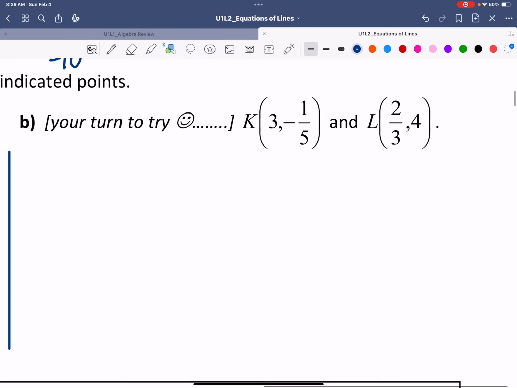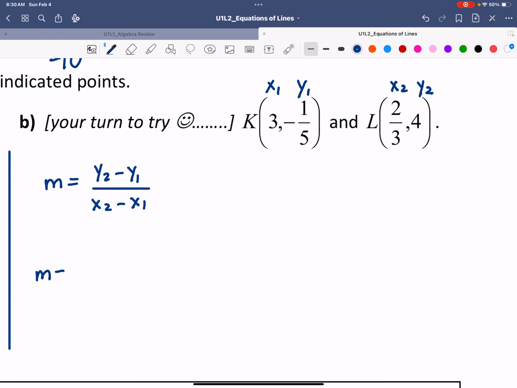So you can try the next question on your own. So this time we have x1, y1 for the coordinates of the point K and x2, y2 for coordinates of point L. So slope is y2 minus y1 over x2 minus x1. Substitute. Remember to align the main fraction with the equal sign. And now we have